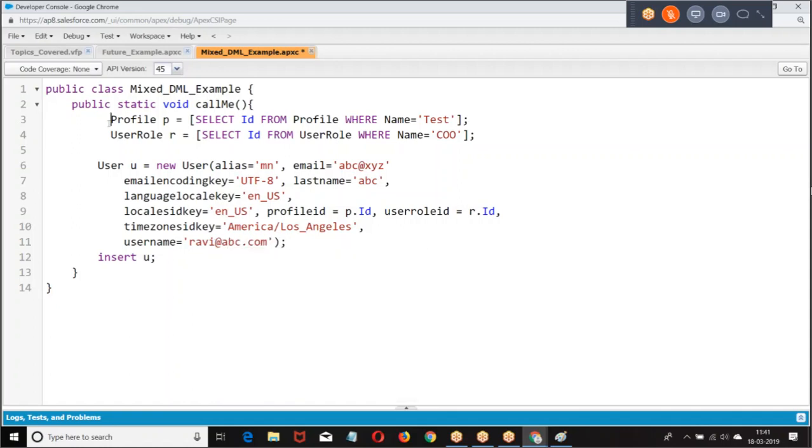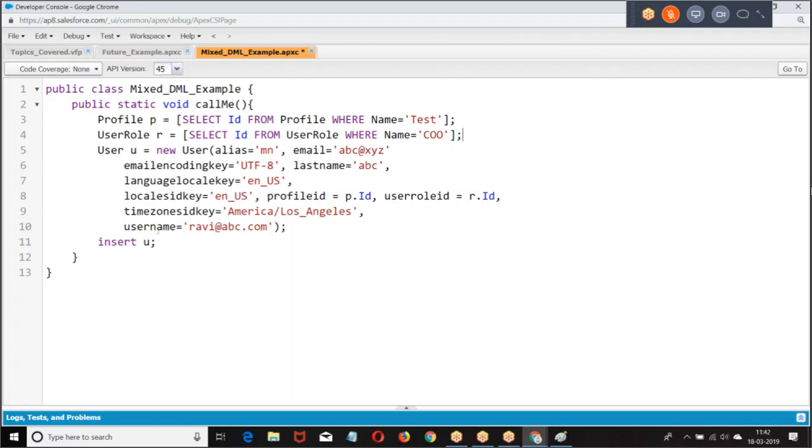Now what was this? Trying to insert a user. User is a setup object. At the same time, trying to insert account.